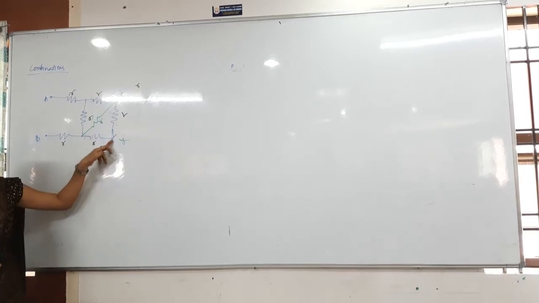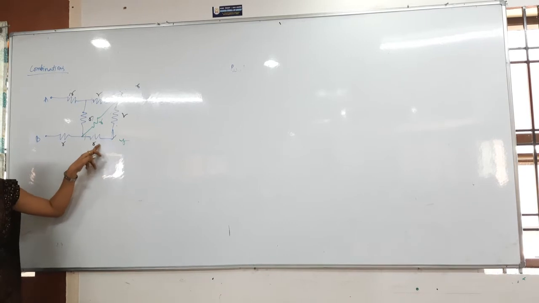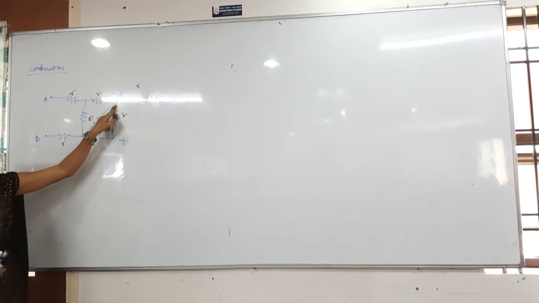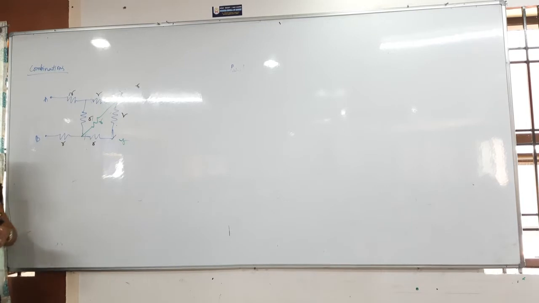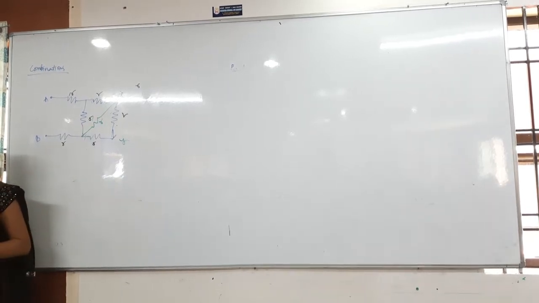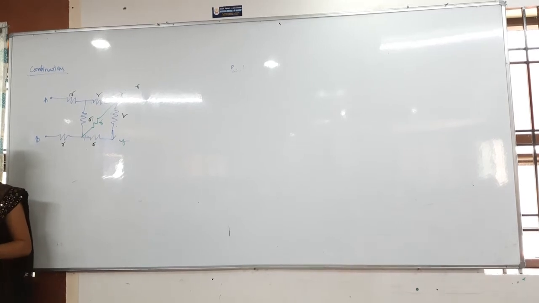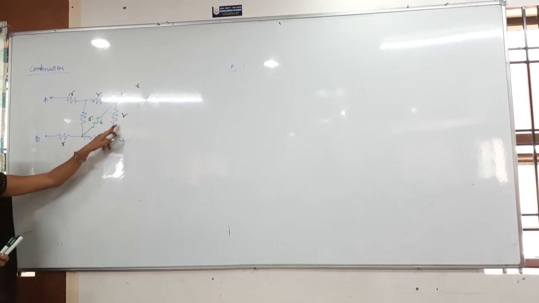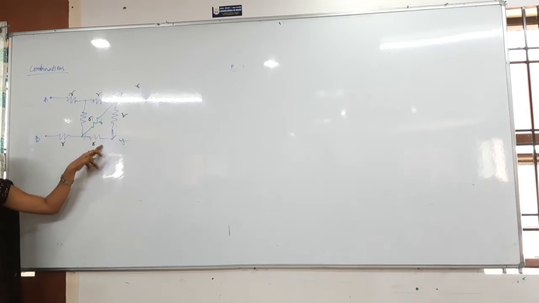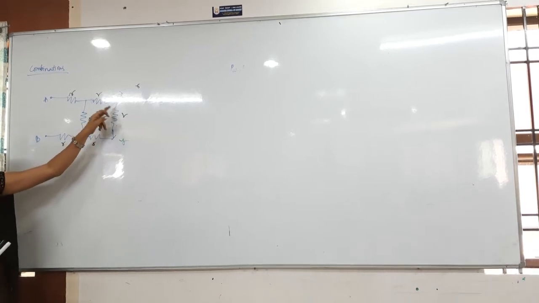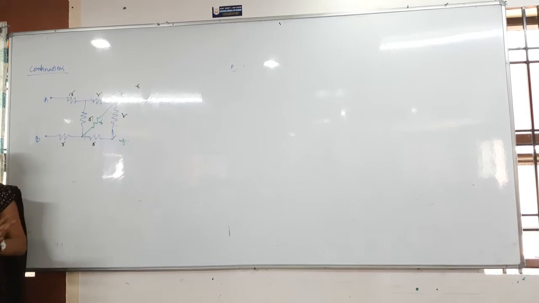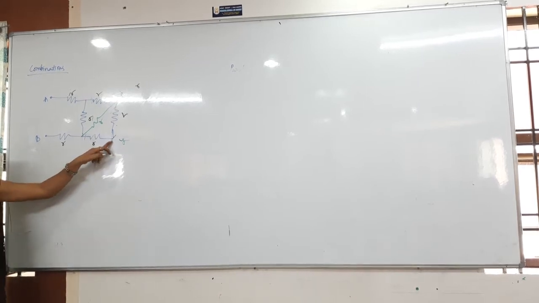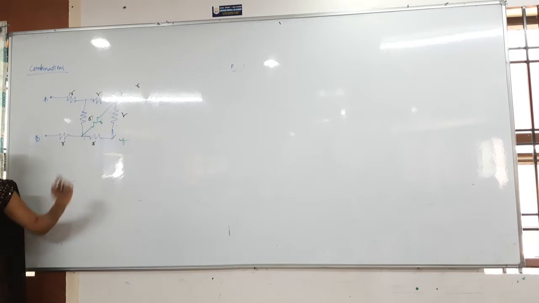So here the junction is not there. Correct? It is coming and then passing like this only. But here there is a junction, so you cannot close the circuit from here. You can close from here. Closing point also you have to identify mainly. At the closing point you should not have any junction. You should not have a number of currents. You should have only one current. Clear? In this line only one current is there. But at this junction here, how many currents are there? 3 currents are there. It is splitting into 3 currents. So here you have to close. You have to close the circuit from point Y only.